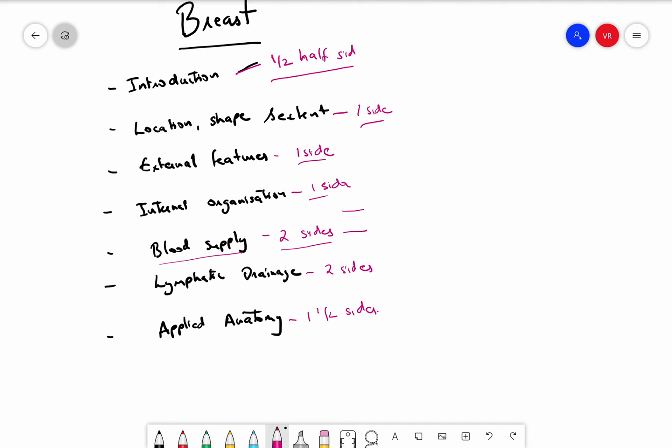Same thing goes for lymphatic drainage. There will be around some 6 to 7 sets of lymph nodes. You just mark everything in a diagram, and then you can take up the same diagram showing in which direction there's going to be drainage and in which order it's going to be drained, and you can just put in a few lines below the diagram explaining what that diagram is.